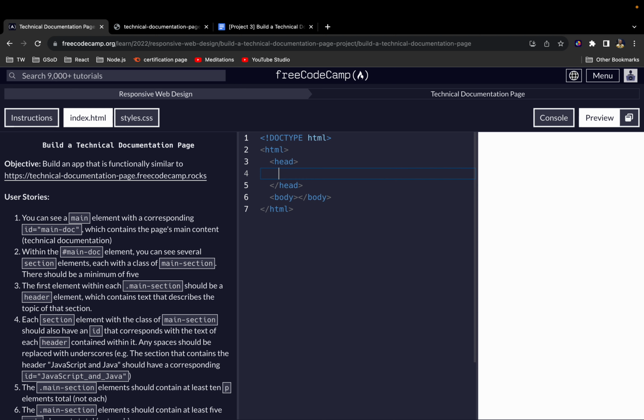Okay, so within the head element, we want to have some meta elements. Meta element is self-closing. The first meta element, we'll give it an attribute of charset, and we'll set it to utf-8. And the second meta element